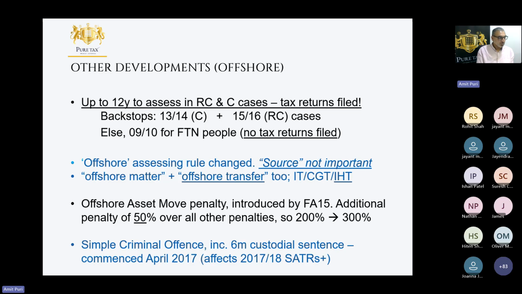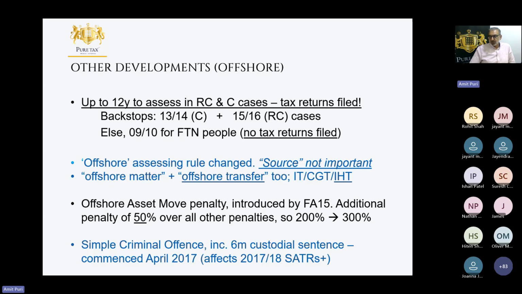But where people don't do tax returns but need to do a WDF disclosure and deal with offshore issues, HMRC can go further than these periods. On paper, they can go back up to 20 years, but there are ways of stopping it around 9, 10, which is what we do in disclosures. Again, the rules have changed significantly over the years. Offshore penalties don't only apply to income tax and CGT, they also apply to inheritance tax.